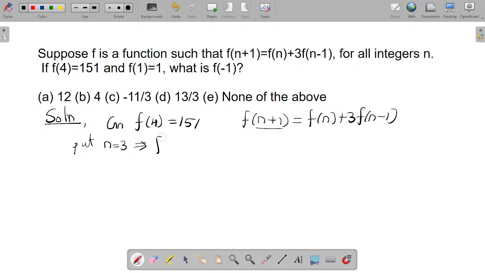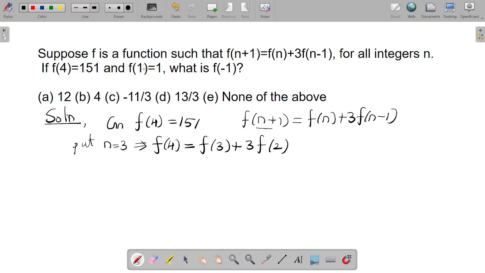So f(4) = f(3) + 3 times f(2). How does this happen? We replace n = 3, so 3 plus 1 equals 4, then n again replaced by 3, then 3 minus 1 is 2. Okay, then next,